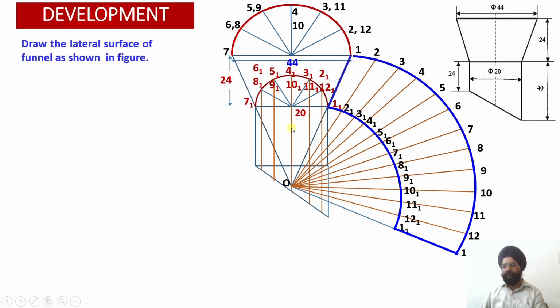This is for 4 1 and 10 1. This vertical generator is corresponding to 5 1 and 9 1. This vertical generator corresponds to 6 1 and 8 1, and this is 1 for 7 1. So now we know that this cylinder, which was otherwise like this, has been cut by a cutting plane in this orientation, right? So now we know that what is the actual height of the cylinder, because in order to develop true length, we need to work out true lengths over there.